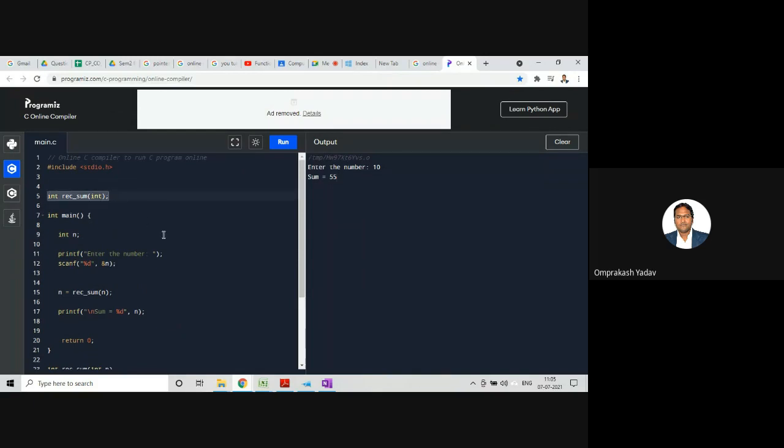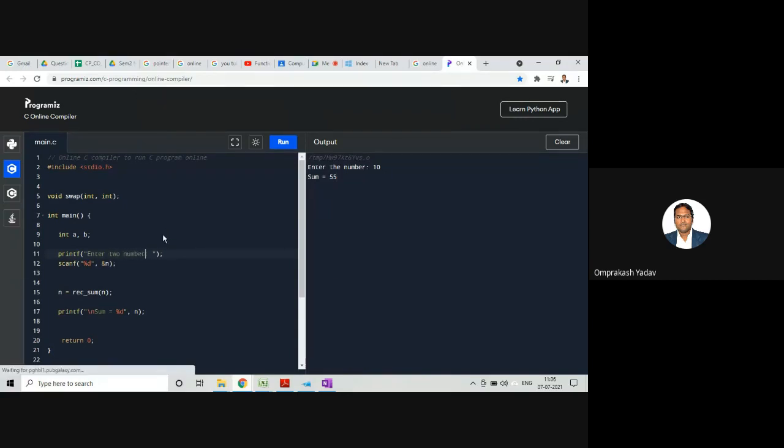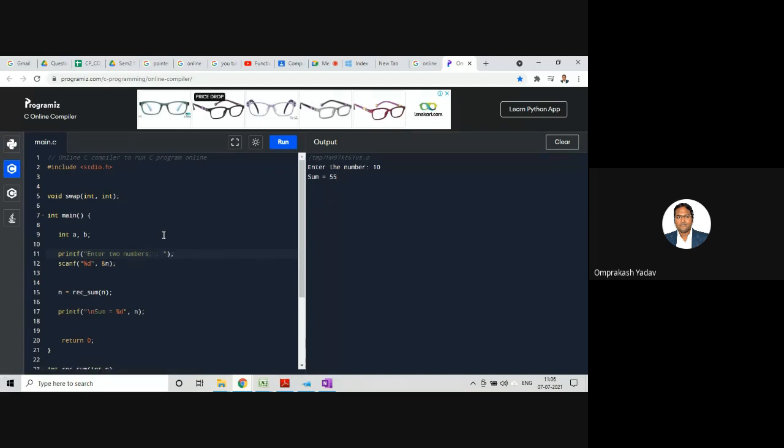Here the return type I'll make void because I don't want to return anything. So I'll say void swap function, and this will take two integer variables, int a, b. Enter two numbers. We're going to enter two numbers, and we need to store them in some variables.